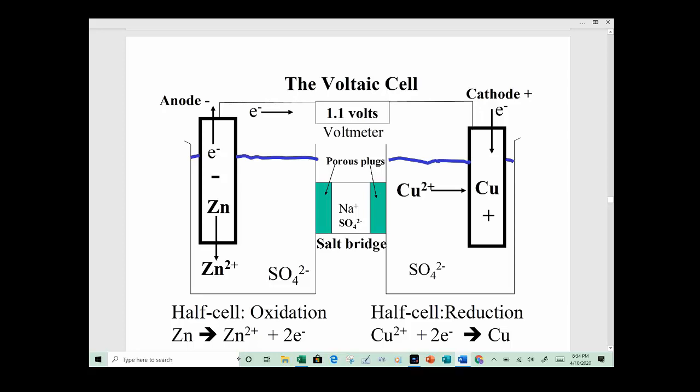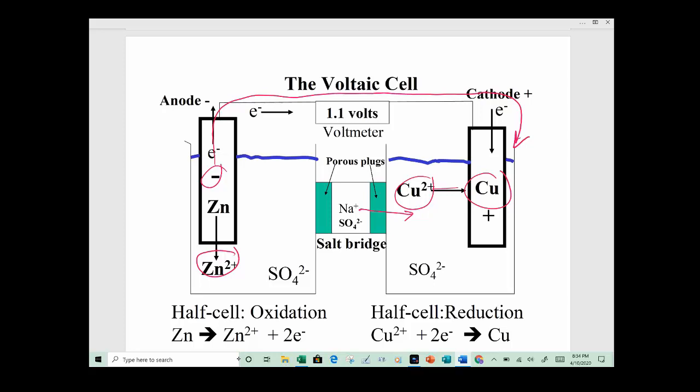And here it is again. So zinc goes into solution as a zinc ion. The electrons that it lost go through the outer wire through the voltmeter to the cathode, where copper ions pick them up and plate out as copper atoms. We're going to use sodium sulfate as our background electrolyte. As copper ions plate out, we lose positive charge on the right side. What happens then is that the sodium ions from the background electrolyte migrate over and keep that right side electrically